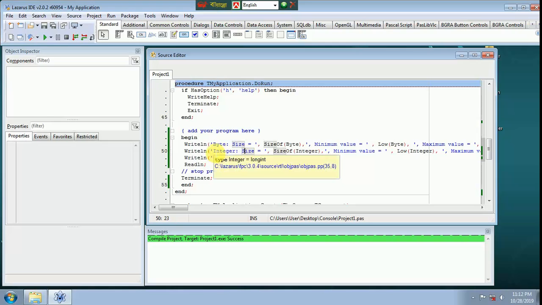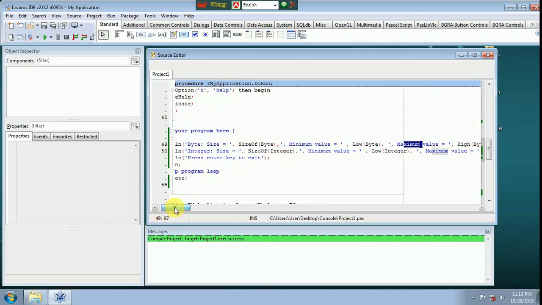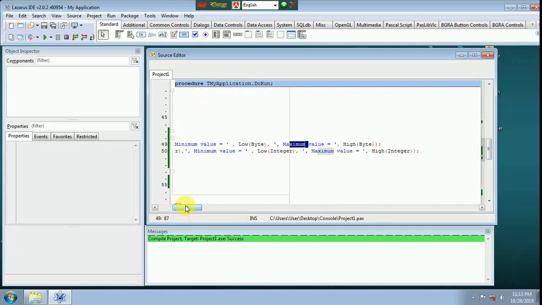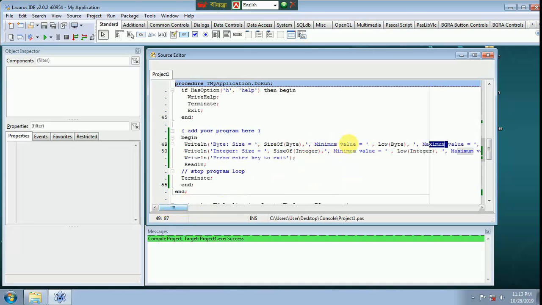We can get the minimum value, maximum value of this subtype variable and byte size of byte. We can get this information using